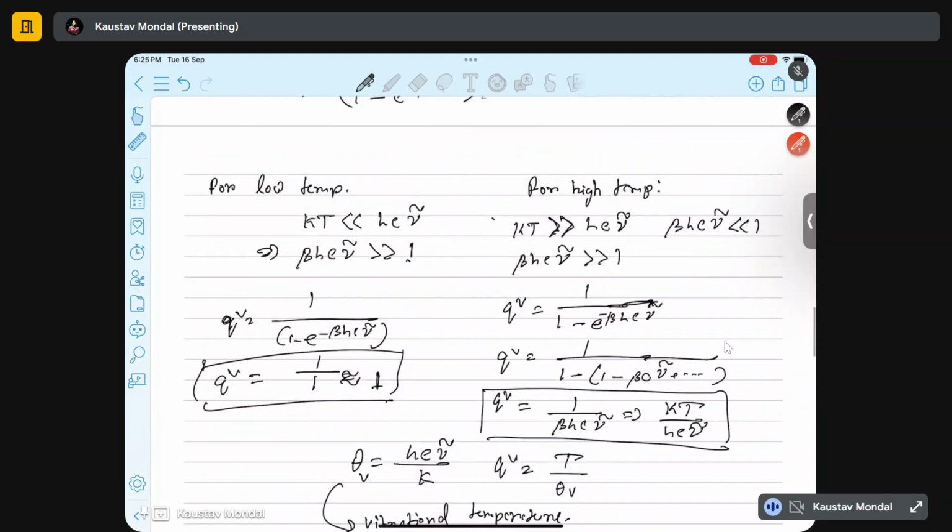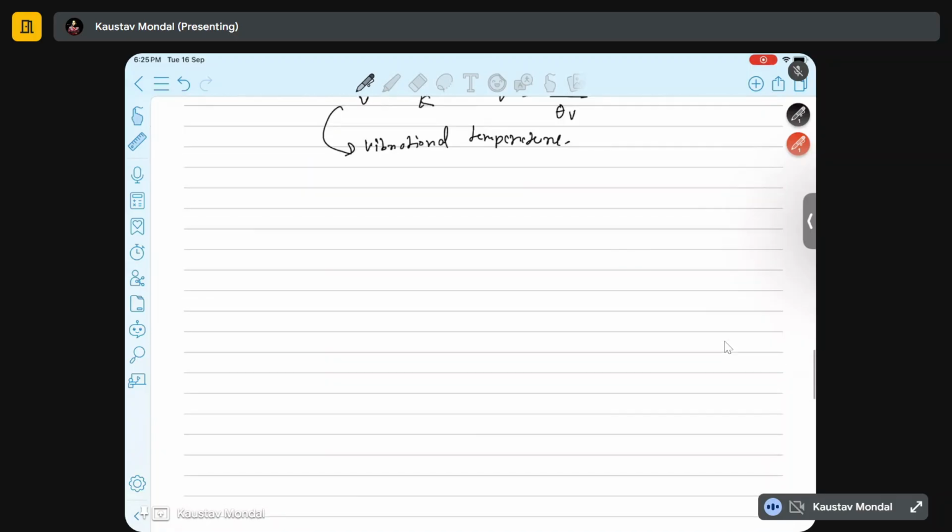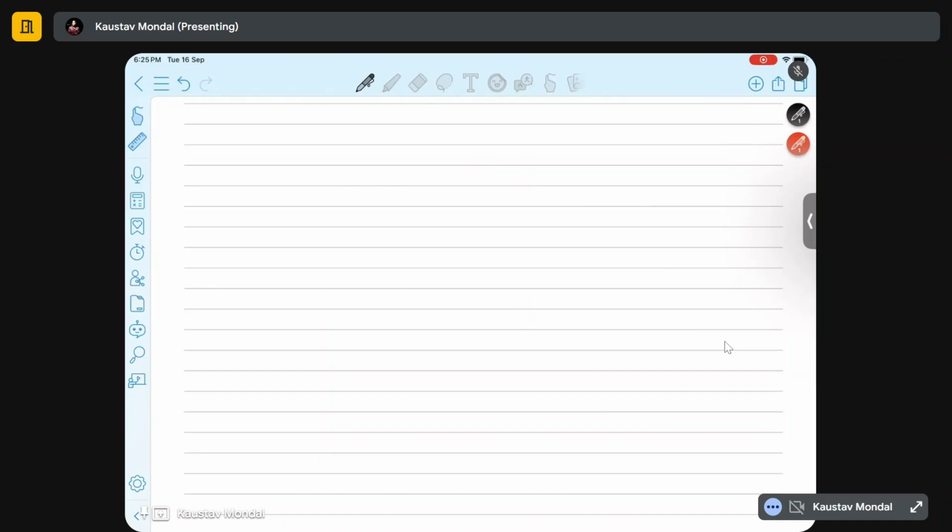So these are the two extreme cases that we have discussed for the vibrational partition function. Now, through some examples, we will take one case of high temperature and one case of low temperature, and see how the expression of QV, the vibrational partition function, varies. So let's do the problems. The problem 1 is